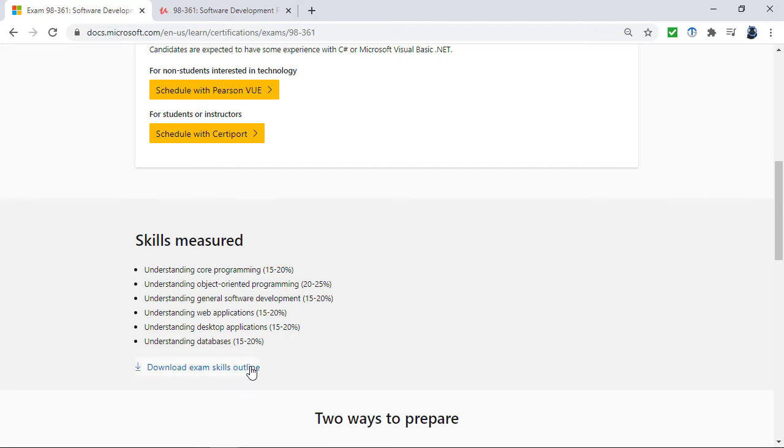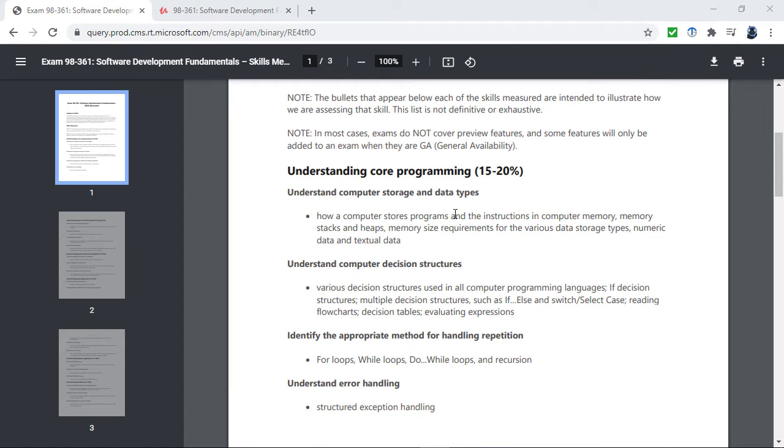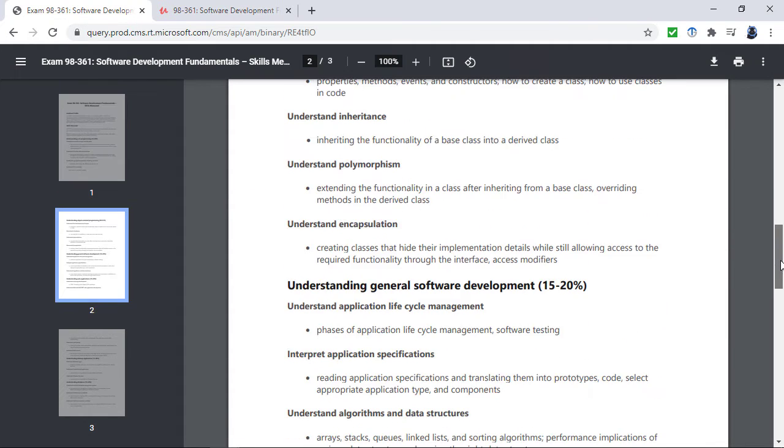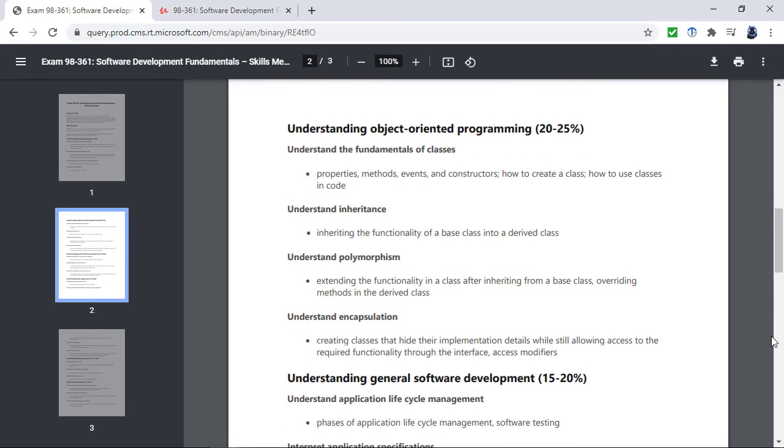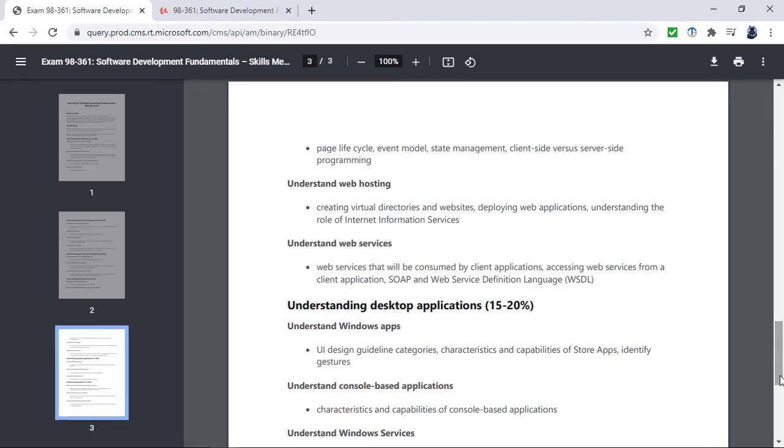So I can click on this Download Exam Skills Outline. And this breaks it down into quite a few units. For example, understanding core programming is broken down into storage and data types, decision structures, repetition, and error handling. So what I've done is I have taken these requirements that you can see here and I have based my